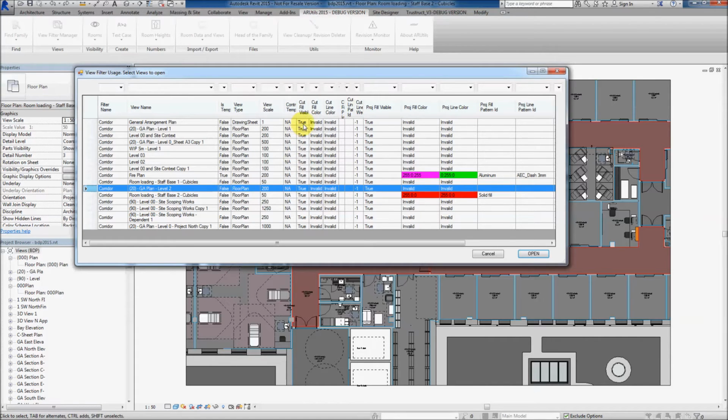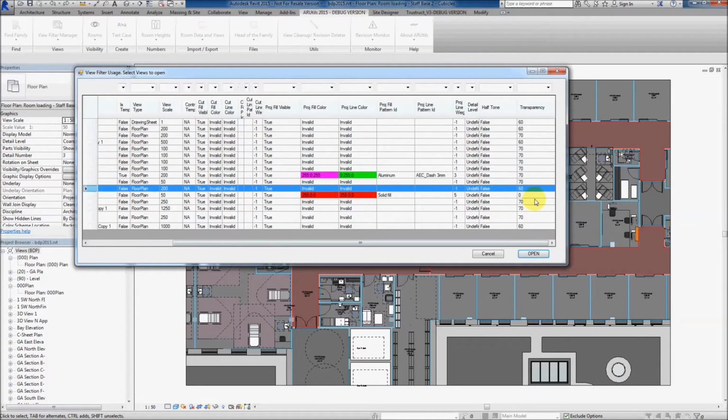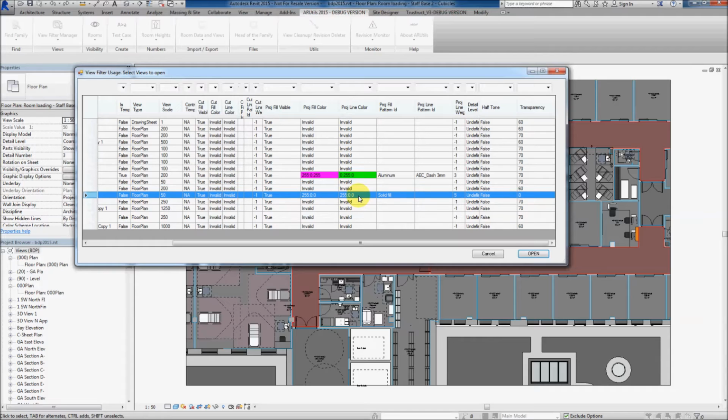Is the cut fill visible? What's the cut fill color? In this case it's invalid for this particular type of override. But probably the most salient thing here is the color that we have applied here, and the fact it's solid fill, and also that it's 0% transparency. So I can just click on that line and go apply as default,